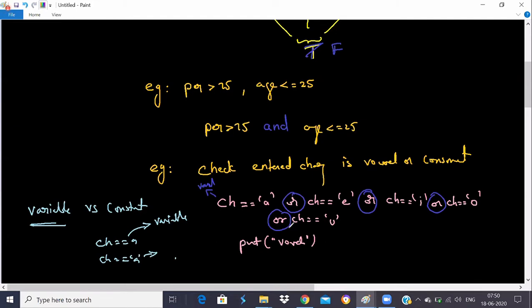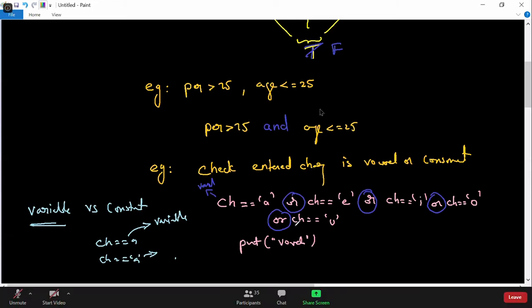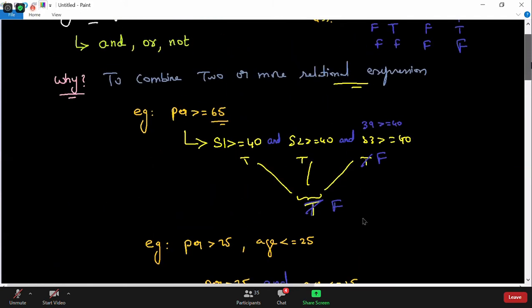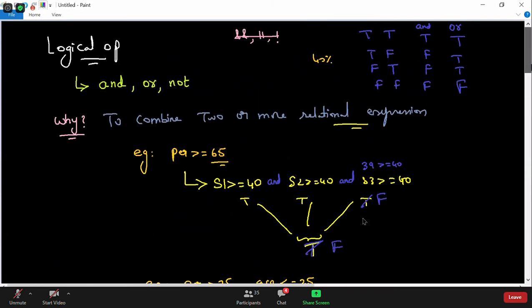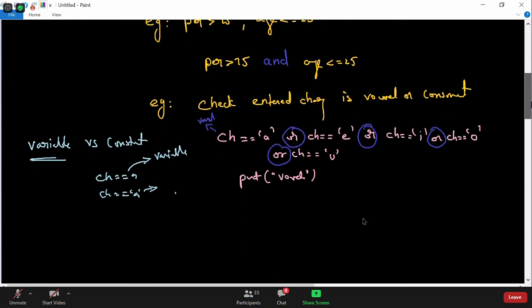I'll show you all the ways, but did you all understand the difference between and and or now? Yes, that's true, we can use if else, but we can simply solve it this way. Perfectly fine. So we conclude that we understood what the and operator is and what the or operator is.